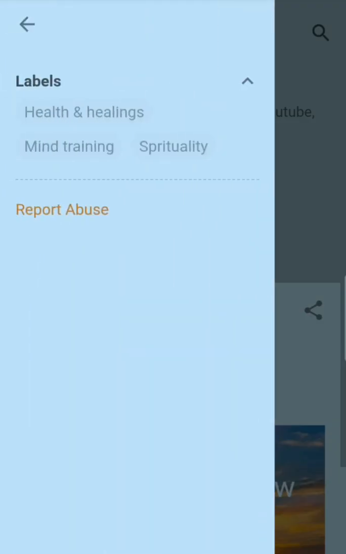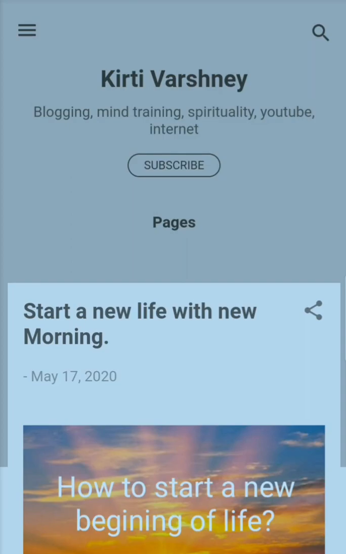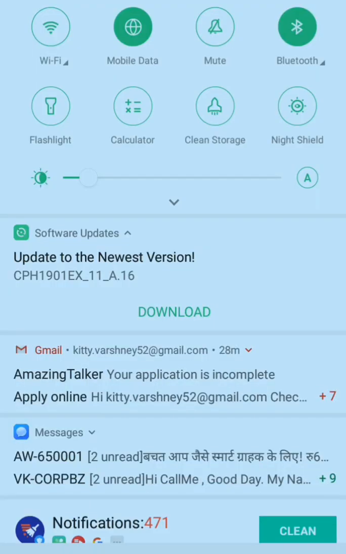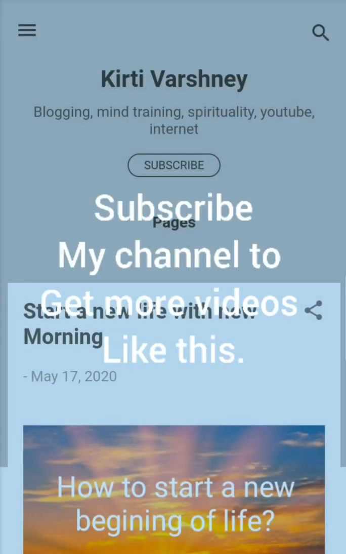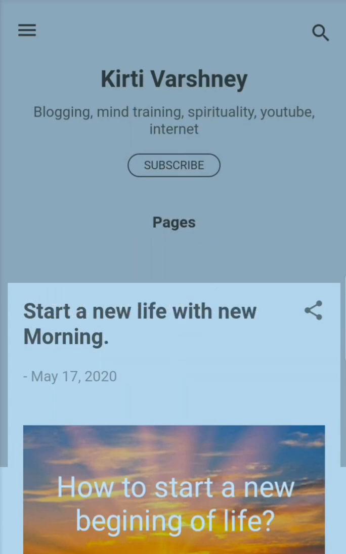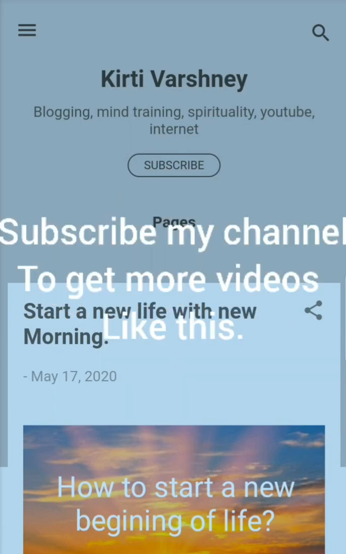These are labels actually, so I have to transfer all my labels into my pages so that I can see well arranged menus here, as you see normally. So in my next post I will show you how you can set menus, how you can transfer all your label posts into different menus.